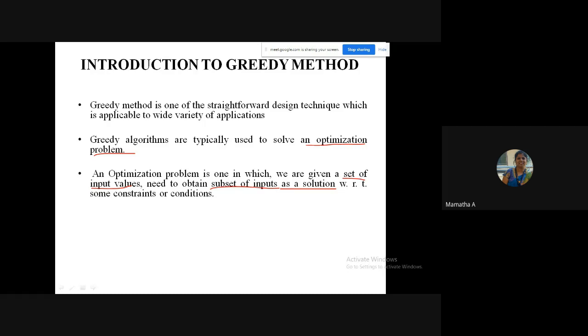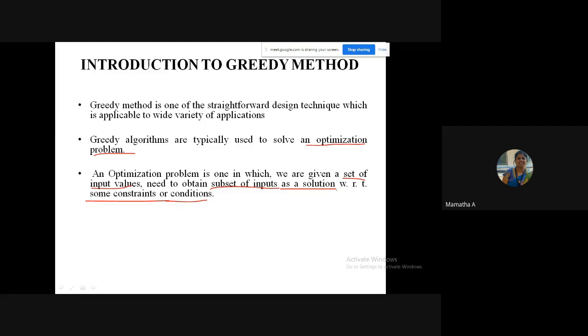Will you take all the items and come home? Definitely no. You will take only a subset of those items. Subset means part of the input. So you will take a subset of the items as a solution with respect to some constraints or conditions.